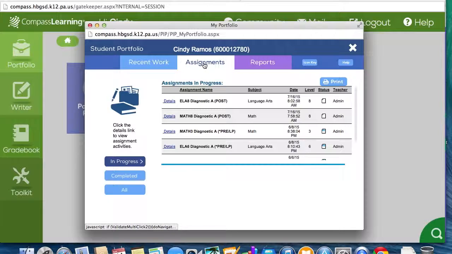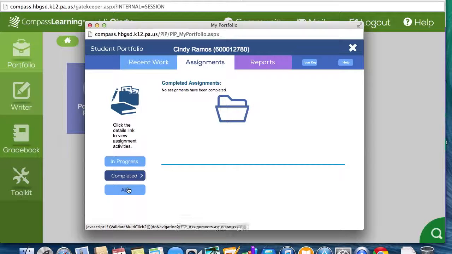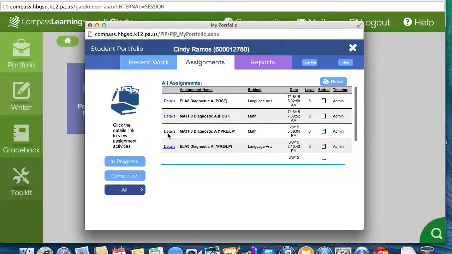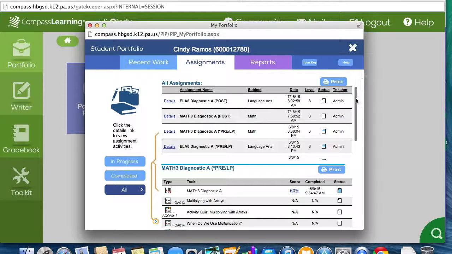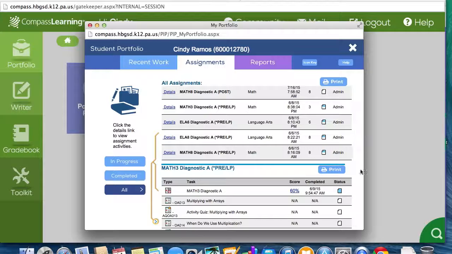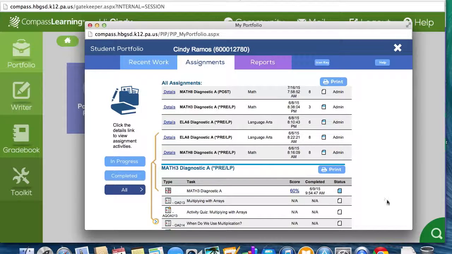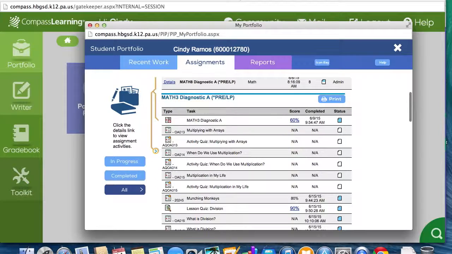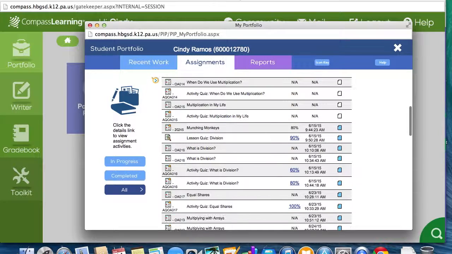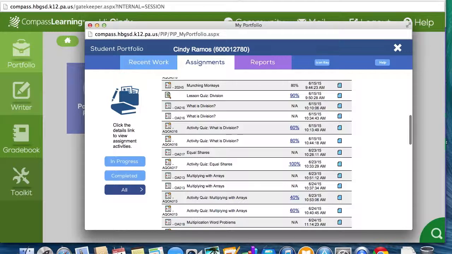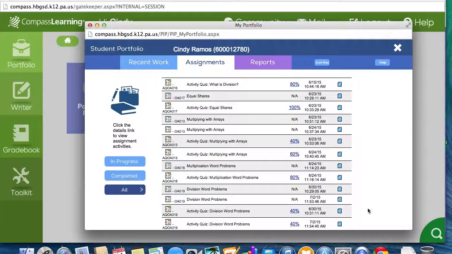Students can look at these assignments and the reports for each of their learning paths once they've taken the diagnostic and you've assigned them their learning path and diagnostic section based on their screener. They can click on the details, and you see on the right all the different learning paths that they have, and then the highlighted papers are the assignments that they've completed versus the white ones, which means they haven't completed,